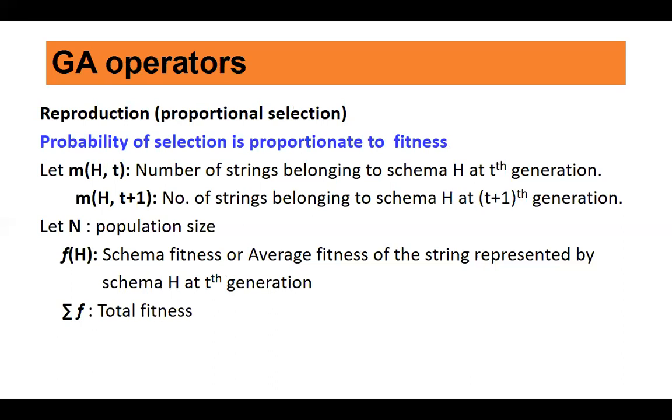Next, what we have is the GA operators. Now, the probability of selection in the mating pool of a particular GA string is proportional to its fitness. Even if you remember the roulette wheel selection procedure from the previous lecture, the fitter one would appear in front of that fixed point more. The probability of its appearance is more. That is, the selection of the fitter string is higher. So the higher the fitness, the more the probability of selection.